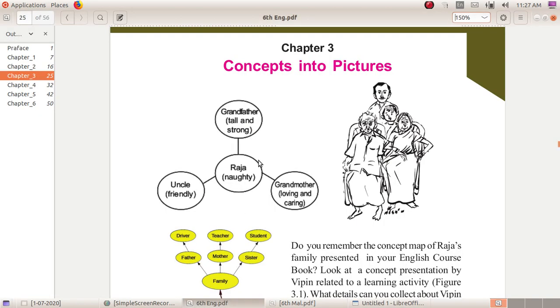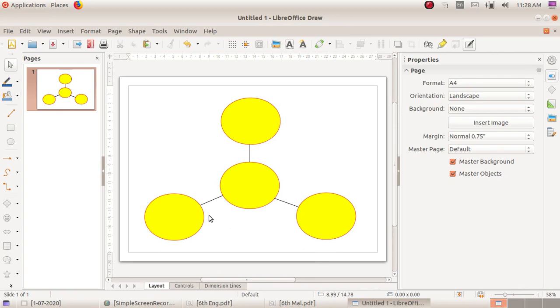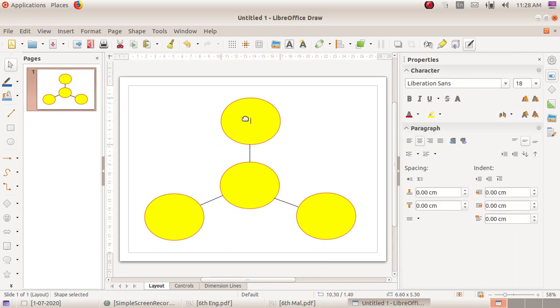Next, you are going to add the text in those shapes. First is grandfather (tall and strong). Just double click on that shape, then type grandfather, next line, in brackets tall and strong.